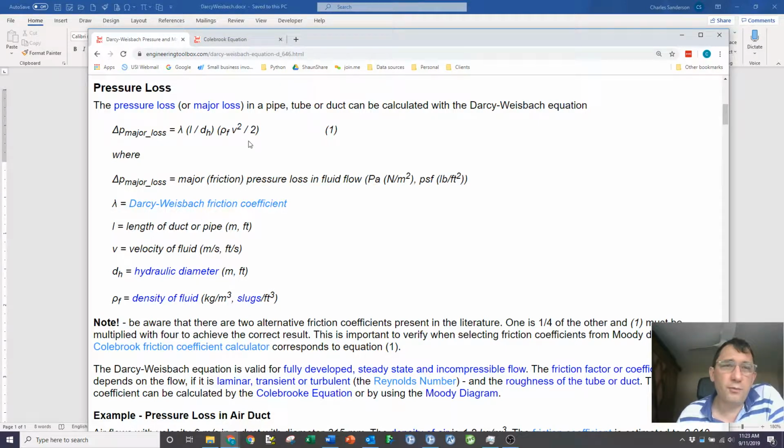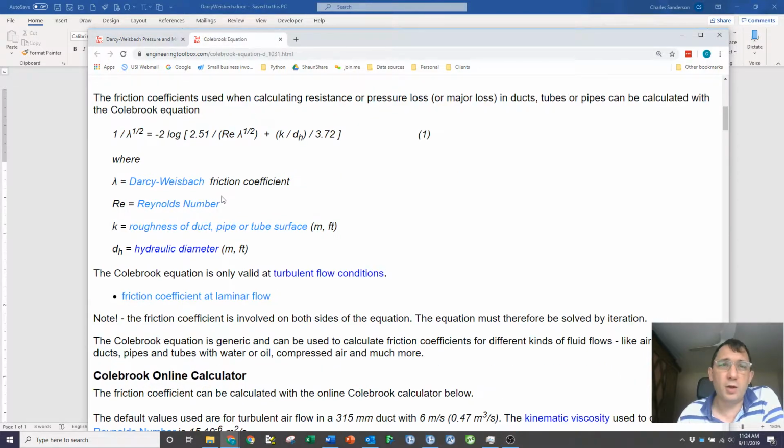For the pressure drop related to the flow, I've got this equation. This in itself isn't a terrible equation. I've got to divide by diameter, but that's not a big problem. I'm usually going to be fixing the diameter, and it's usually going to be a non-zero value, so that should work okay. But I've got this friction factor in there, and I'm going to try and calculate it with the Colebrook equation.